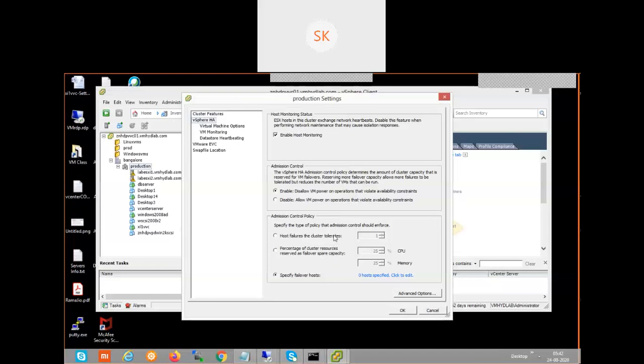Whatever the configuration is on that model, the same configuration will be applicable on whatever ESXi host you add to the cluster. So if you maintain the same kind of resources on each ESXi host, this HA feature is going to work in an effective manner.